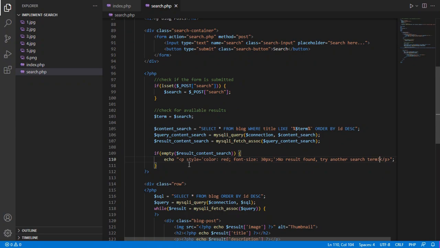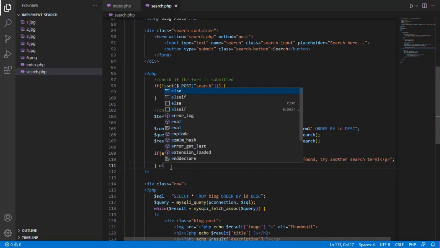So if there is an actual result, then we need to display the results for the user to see what they are looking for, or probably find something related to what they are searching for. Else,